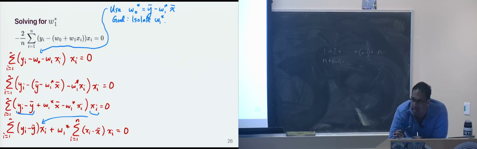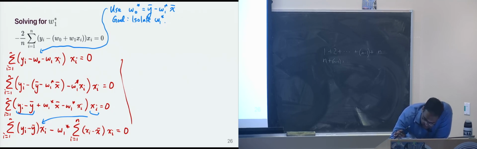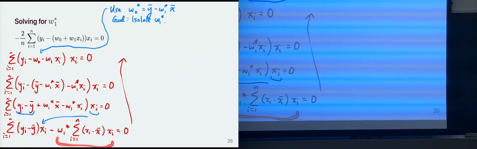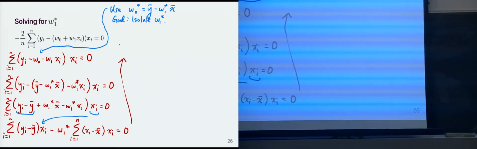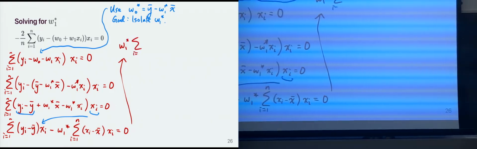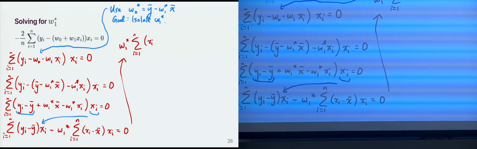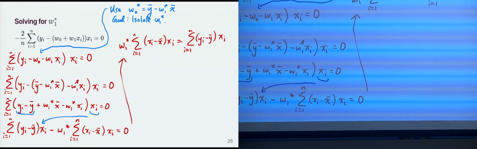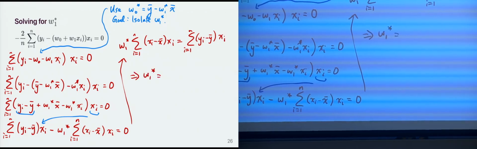But if I do that, there's something else I have to do. You have to switch this to a minus sign. And you see that now, when I do that, it makes it so that I can just add this term to both sides and drop the minus sign altogether. So when I do that, I'm going to switch the left and right hand sides here. My sum of xi minus x bar times xi equals my sum of yi minus y bar times xi. And I'm done. Divide both sides by this thing. And it gives me,